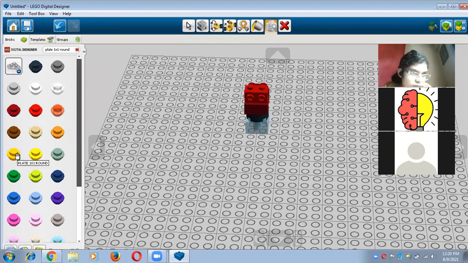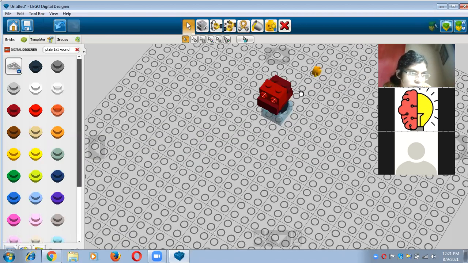So I want to take this yellow color plate, and now I want to change the direction in this way, and then I will put here. I'll show you. I will put here, right? You can see. I want one more plate, so I can take one more, and after that I will change the direction like this, and then I will put here. Correct? Now move on to the next step.